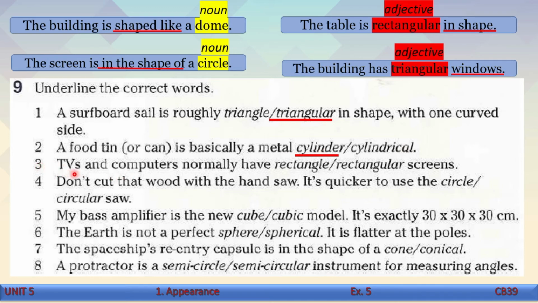Number 3, TVs and computers normally have rectangle or rectangular screens. So the word here is describing the kind of screens. So it is an adjective, rectangular. Number 4, number 5,